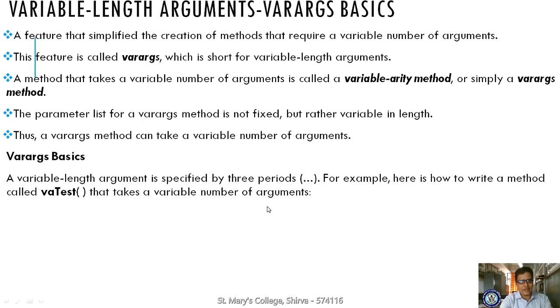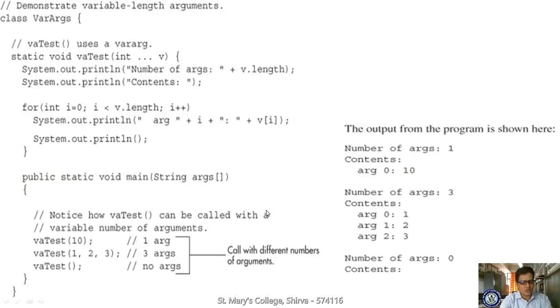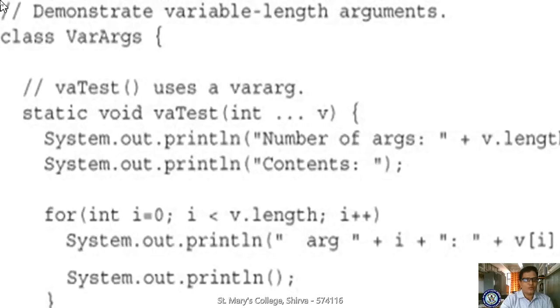So in the next example, you are identifying a sample example related to var_args basics. Here we are seeing the sample program. Now let us see class var_args. What is the name of the class? var_args. In this, I am taking void vaTest as a static method. If it is static, can you get any main method? Yes, we will get a main method, but we don't need any object creation. So that is the importance.